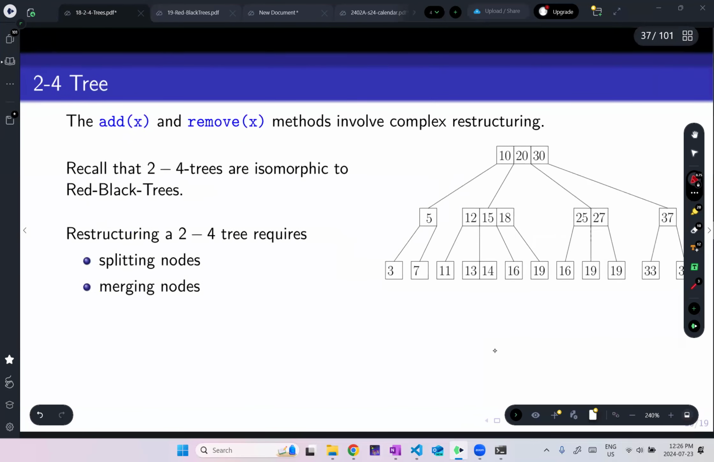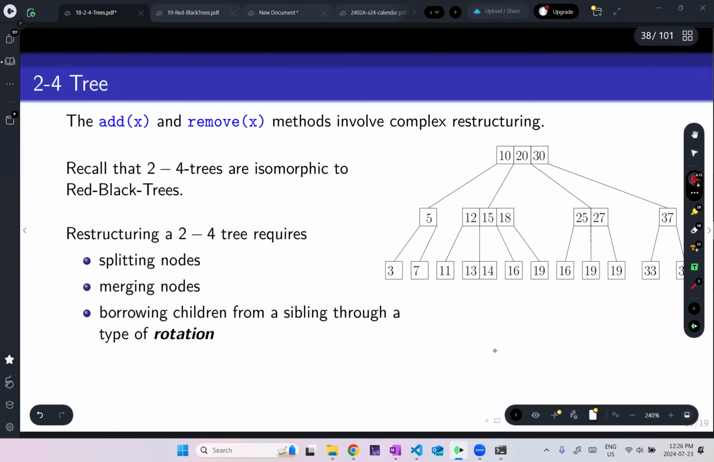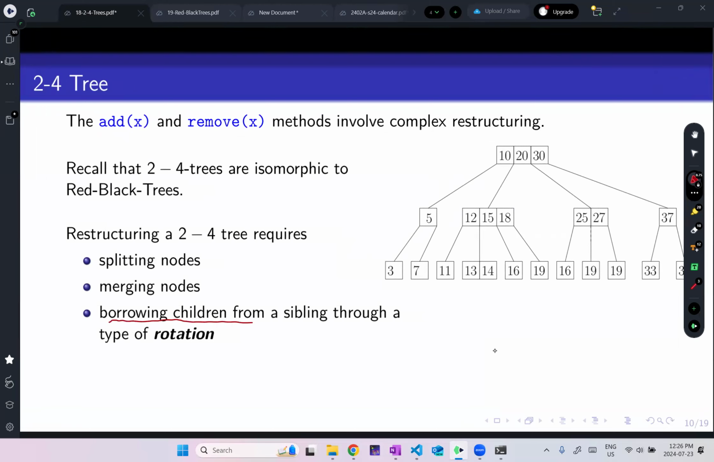Right, so restructuring a 2-4 tree requires splitting nodes, merging nodes. We're going to see what those operations entail. And sometimes we have to borrow from a sibling, right? So